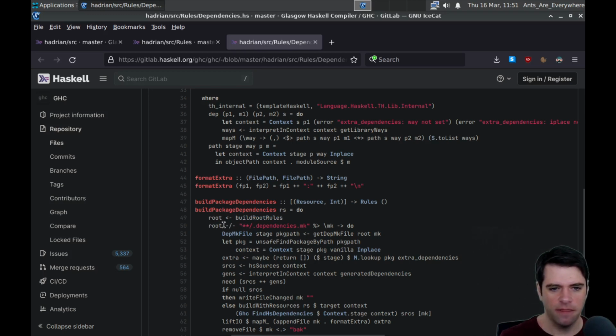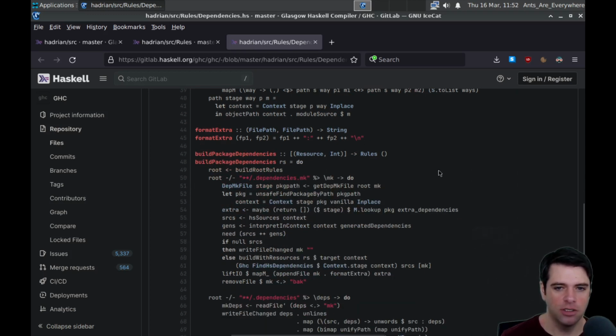And root, so this is a string. This is an operator that I think we've seen in the context of strings before. I don't know what this percent right arrow is, but maybe it's like piping in this string as an argument to a lambda, and the lambda is going to take the variable mk. I'm not positive. Again, I don't know Haskell, so if you're watching this and you do know Haskell, I'm not sure this is what's going on, but I think that's taking the string, piping it into a lambda that takes mk, and the lambda is going to do some stuff,